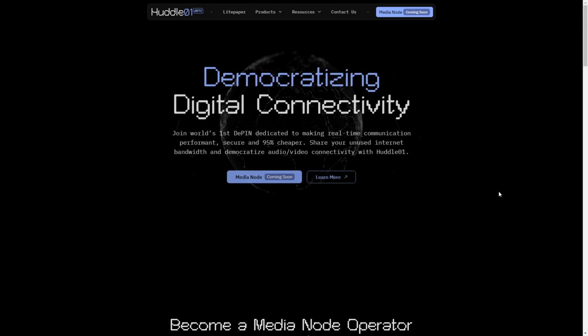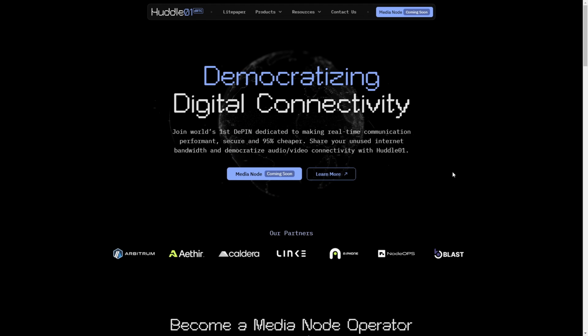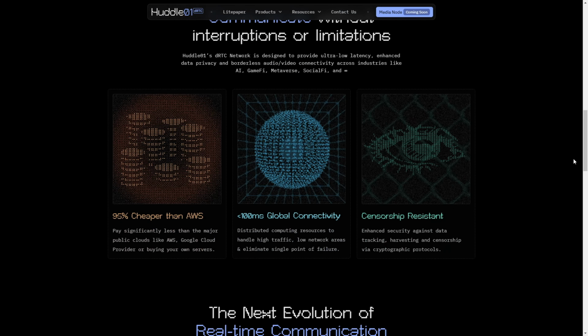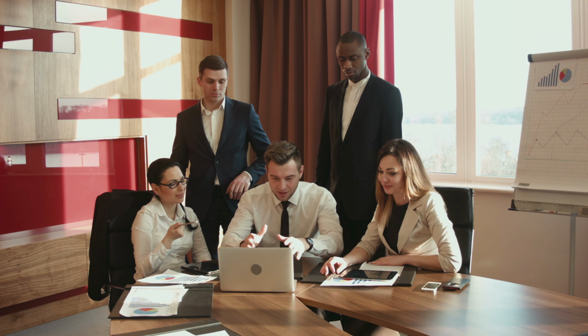So the second project that I'm going to be introducing you to is what is called Huddle01. Now Huddle01 is basically building a decentralized real-time communication network. So most of the popular applications and platforms out there that we use for our online meetings, for instance Zoom, Google Meet and stuff like that, typically suffer from high latency and